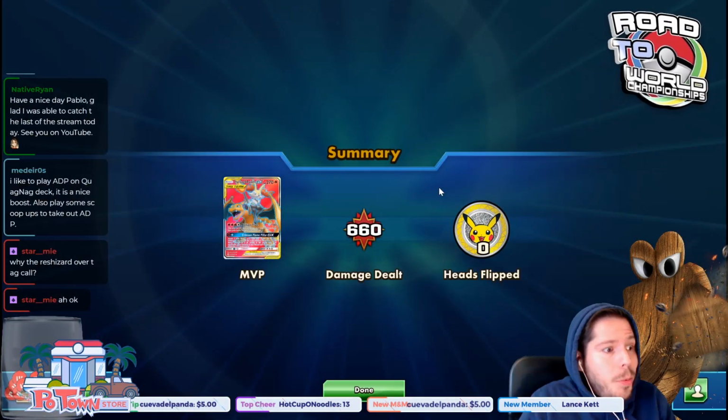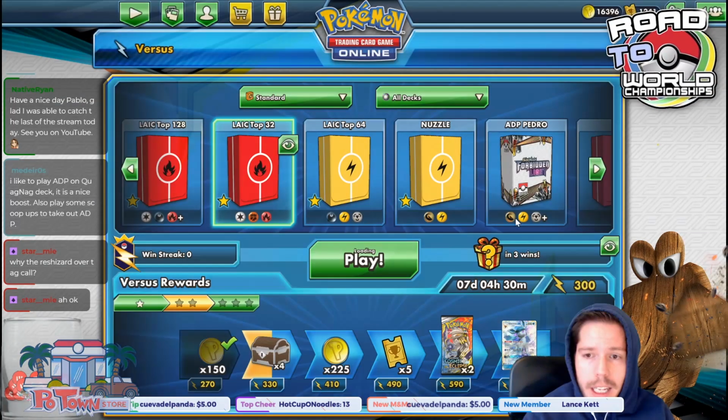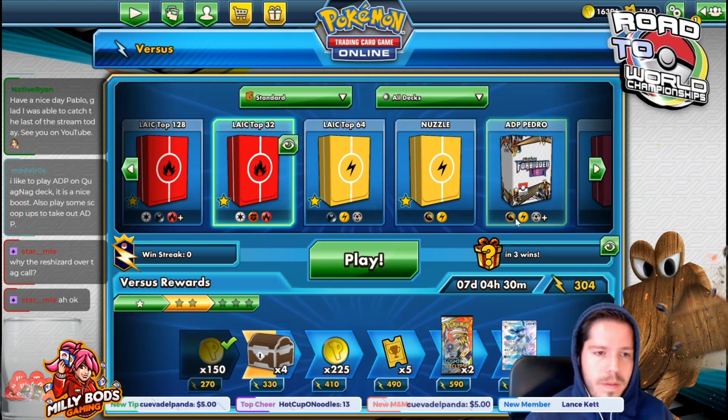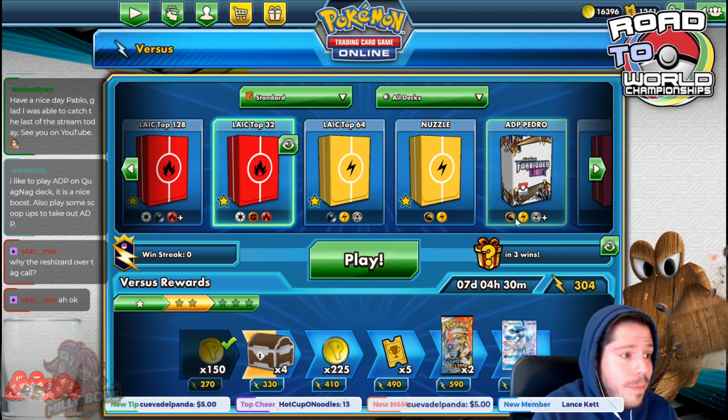Not raging, I'm just wondering, like, what magic do I need? What do I do to draw like that? How? I missed an energy last turn. That one turn. If I hit the energy, I just...